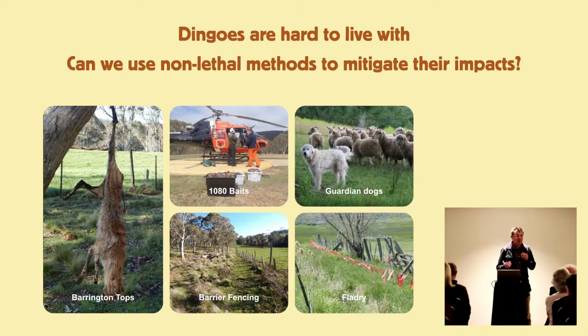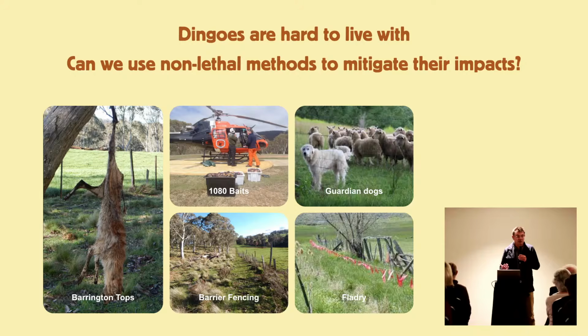I'm from New South Wales. One of the things that I really dislike that goes on in New South Wales is that New South Wales National Parks and Wildlife kills more dingoes than anyone else. And they do it basically, they load helicopters up full of poison baits, and they just throw poison baits out the windows. And I think that's the worst situation to get into for managing. And they're doing that in the national parks, on the premise that the dingoes will come out of the national parks into grazing lands.